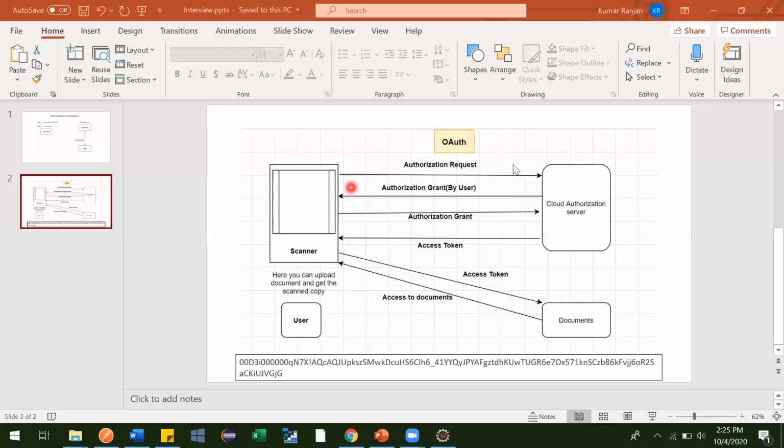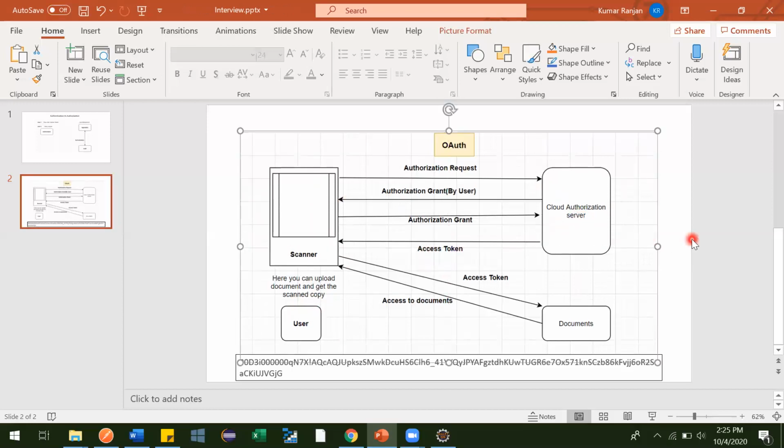Only then can this application go and say, I am the valid user because I have the user ID and password, so I can access these documents easily. But in real time, nobody wants to share their credentials with anyone. Otherwise, suppose by mistake this application deletes all your documents, then it will be a loss for you and may create problems.